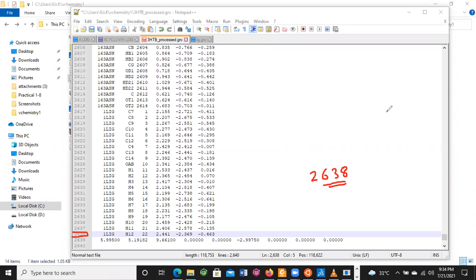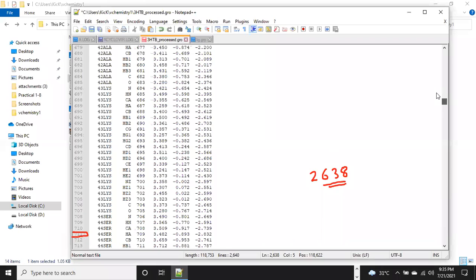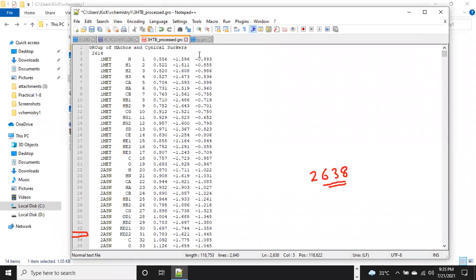But we saw previously that the first two lines do not correspond to any atom. That's why we subtract 2. Just subtract 2 from here.